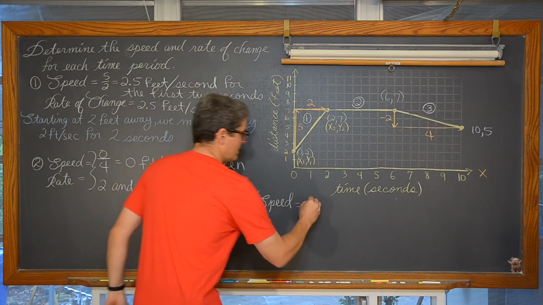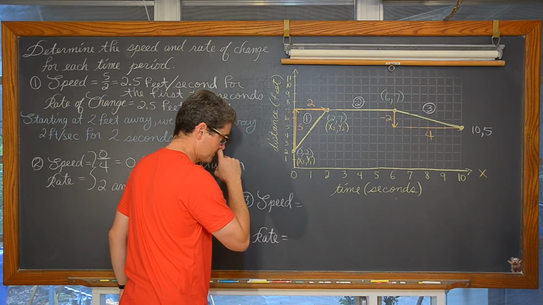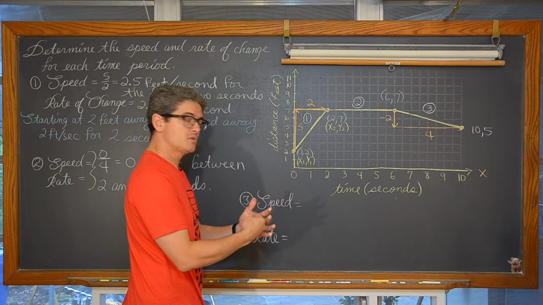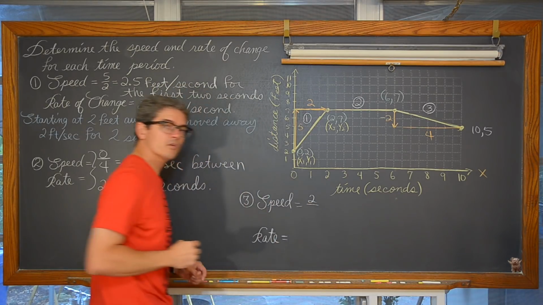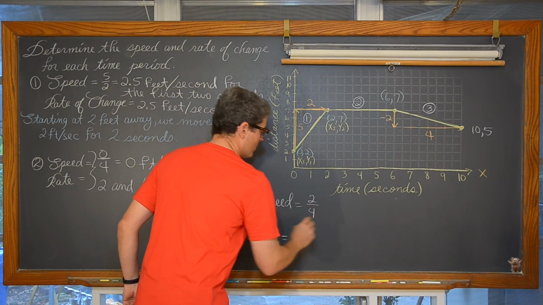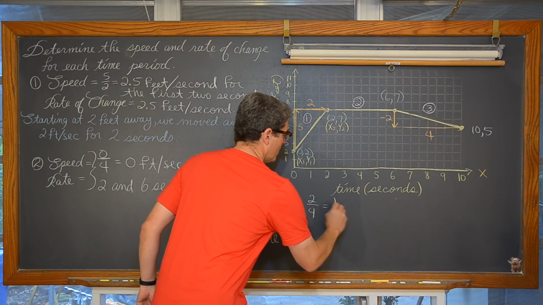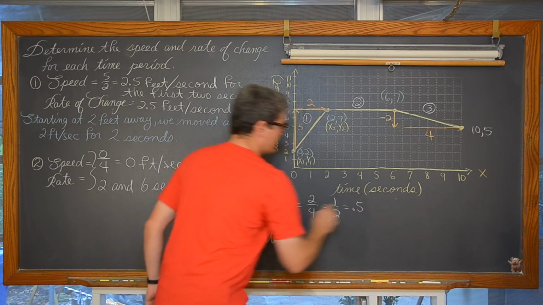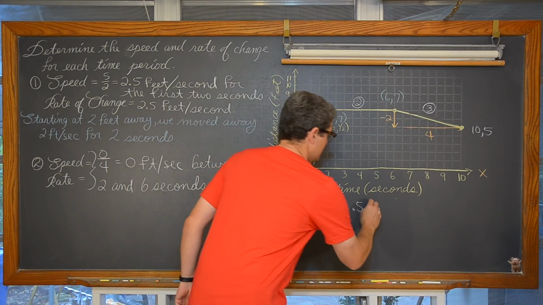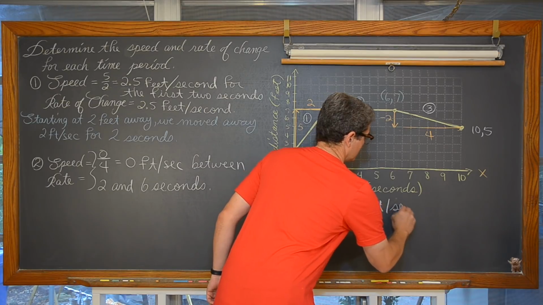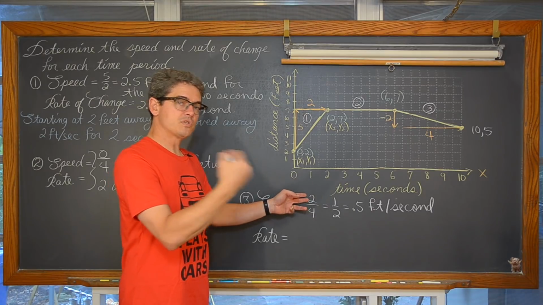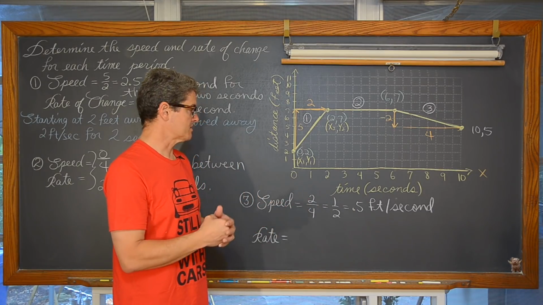So our speed is, well, okay, now, hold on. Our speed can only take on a positive value. So we have moved 2 feet over that 4-second time period. So our speed is 2 over 4, or 1/2, or 0.5. I personally, as a math teacher, like the fraction better, but 0.5 feet per second. Or you could say that we moved 2 feet in 4 seconds.